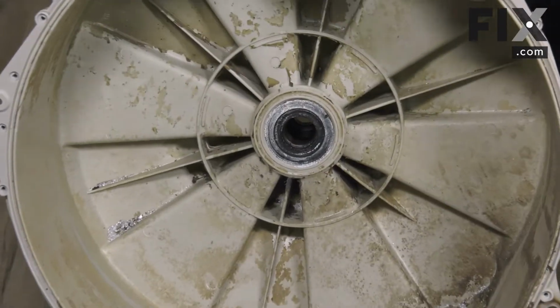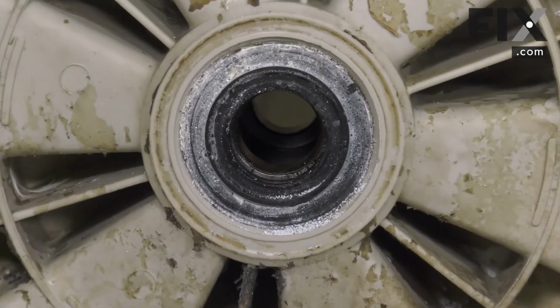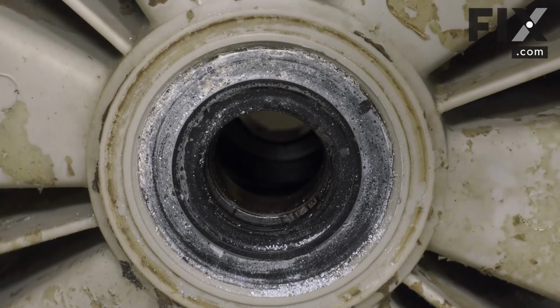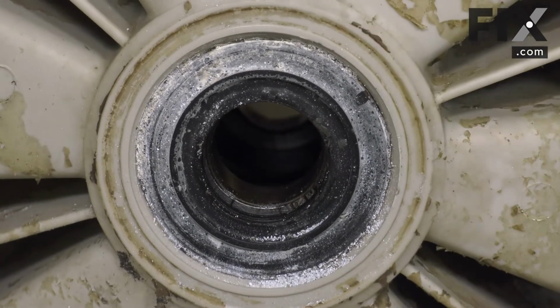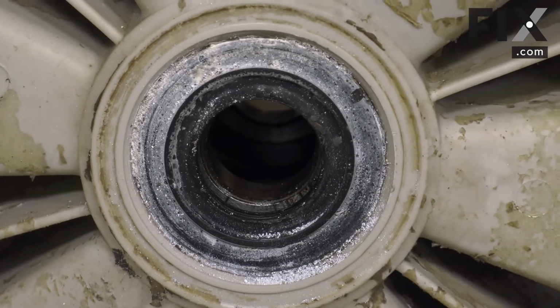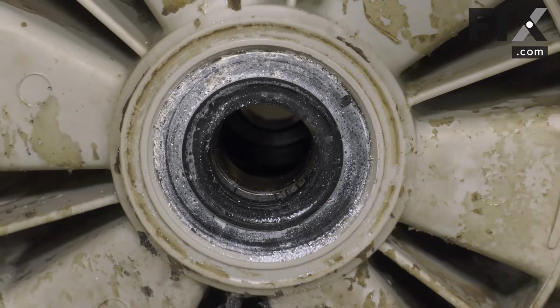And if you did want to change them, you'd have to make sure you're not only ordering the bearings, but ordering that seal as well. Some manufacturers now don't make those parts available individually. You actually have to order the whole back half of the tub that'll come with the bearings and the seal in it. It's quite expensive, and if you're seeing any damage on that inner basket shaft, you would have to